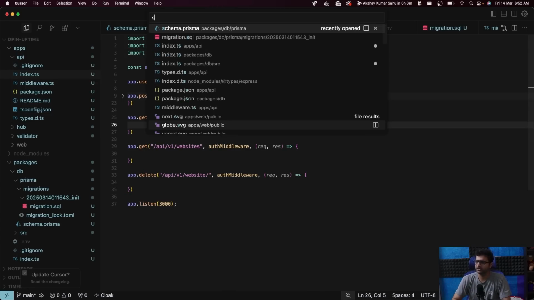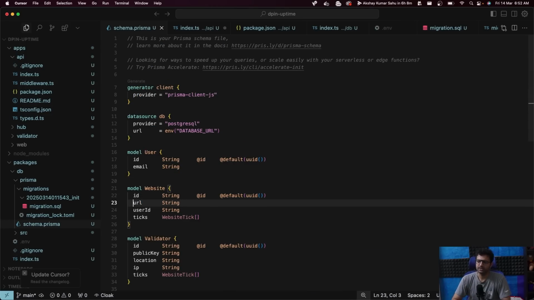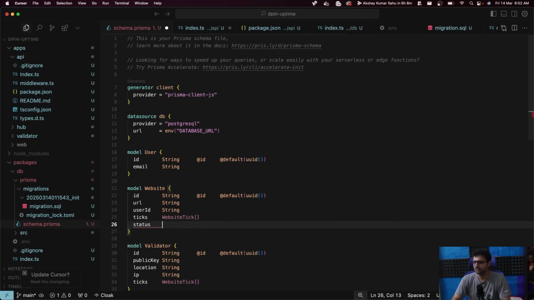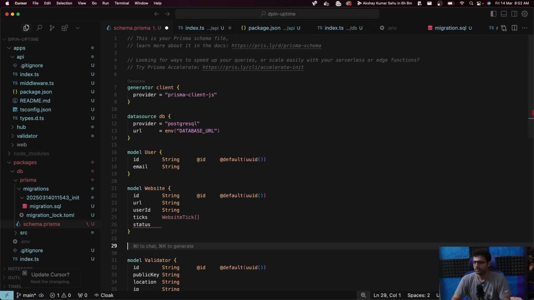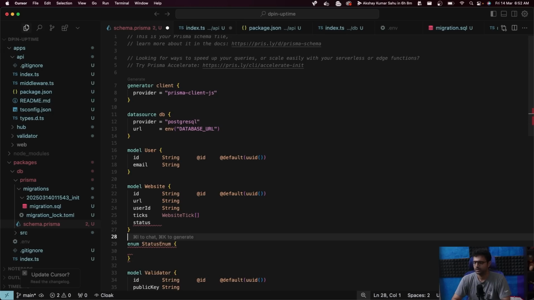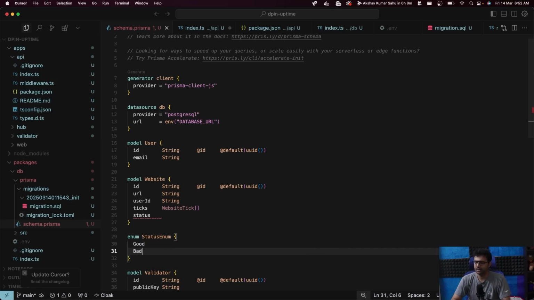What I was thinking was, okay, maybe every website should have a status field which is up or down. We can probably do that. So status, enum status, and it can either be good or bad, which basically means if during a certain window the status of a